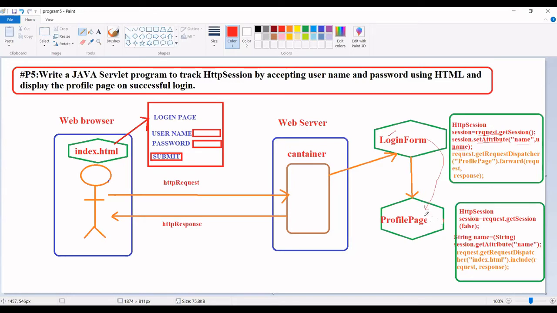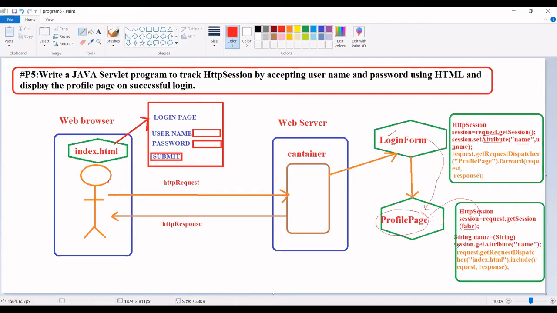Within this profile page, I am going to create one object of the session using request.getSession, and I'm going to pass the parameter as false. If the session exists, it is going to return that session. If there is no session, it is going to return null.